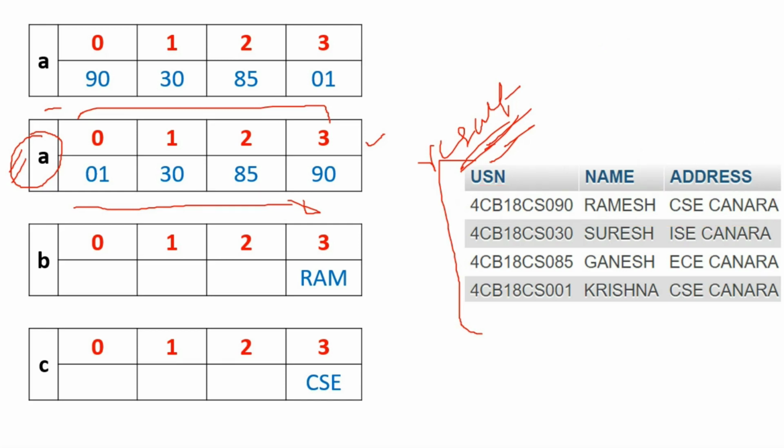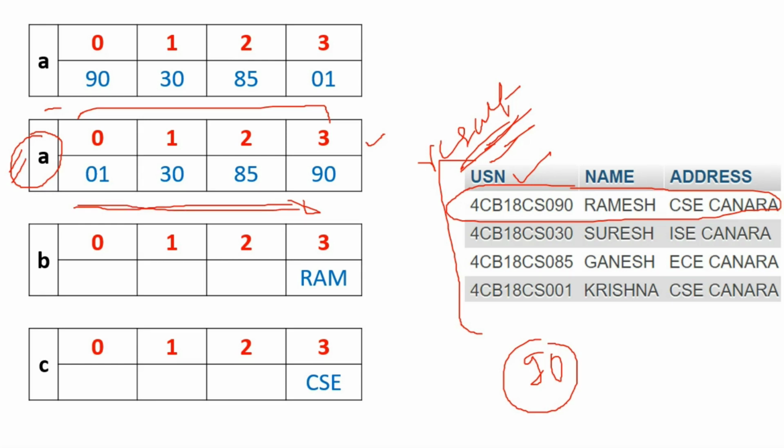So now what happens here is, let me say I fetch the first row. I will fetch the USN from that first row, that is 90, and compare this USN with the values of the array, because within the for loop I am traveling the array. I'll see whether A of i, that is A of 0, is 90. No. Then I go to the next, A of i plus plus in the for loop. So A of 1 is equal to 90? No. A of 2 is equal to 90? No. A of 3 is equal to 90? Yes. A of 3 is equal to 90.